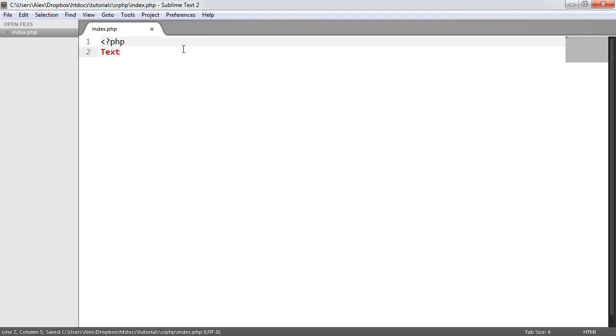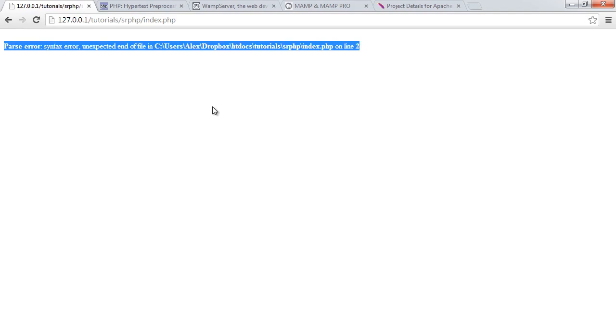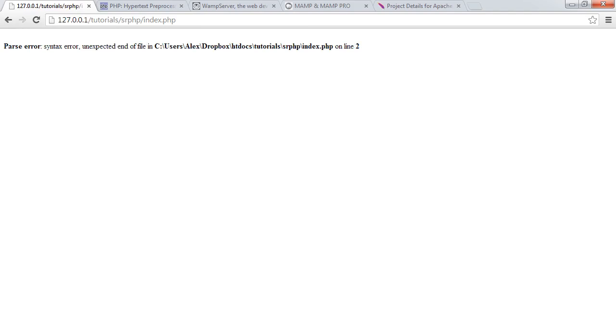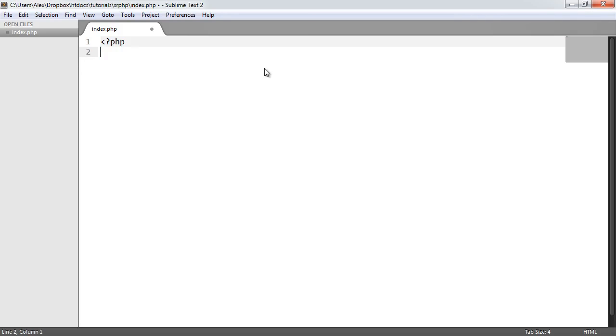So when I type text down here and refresh, we actually get an error. This error is PHP trying to interpret this file and failing because this is not valid PHP syntax. So let's create an example and see how we can output something. We do this using echo. What we're now saying to PHP is, please output what I'm about to tell you as content type text/HTML. So now I can say test, and that will simply output test